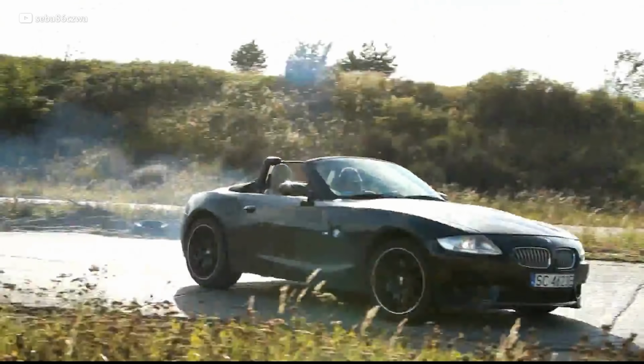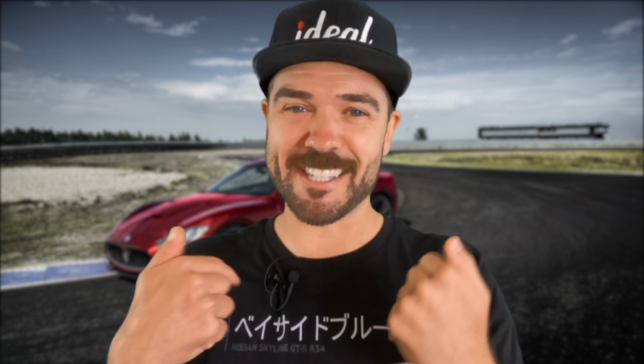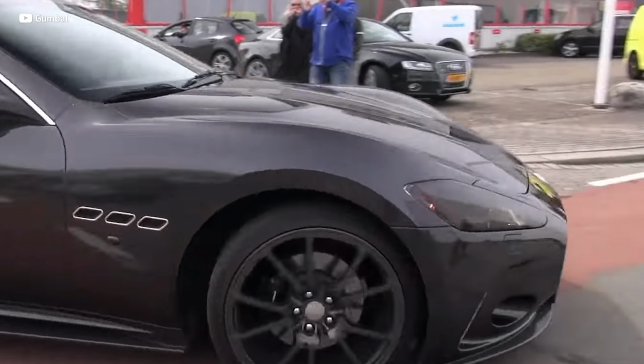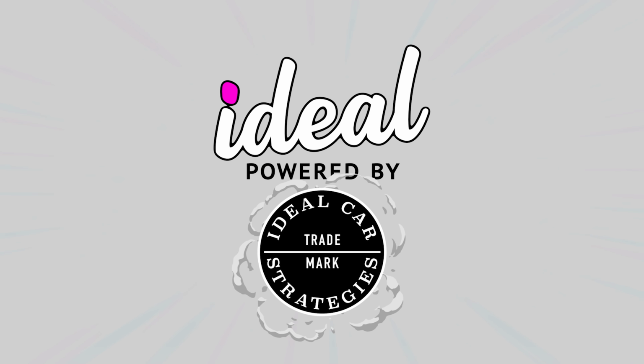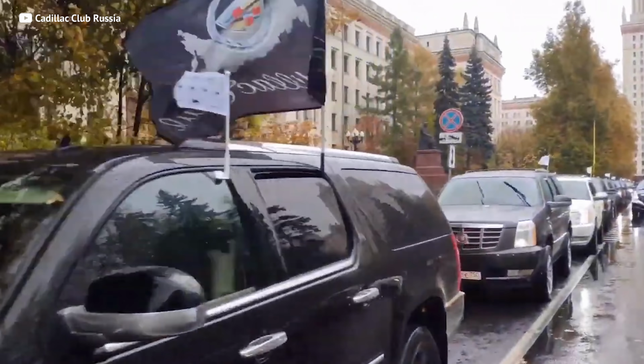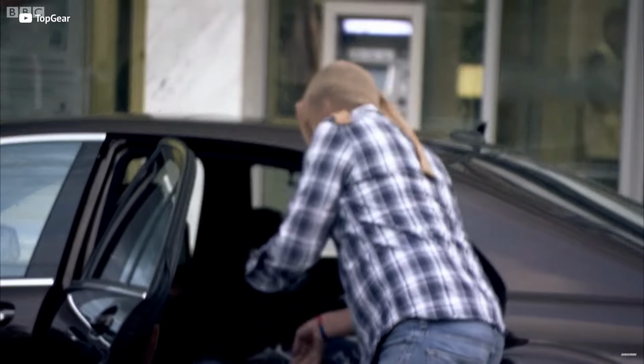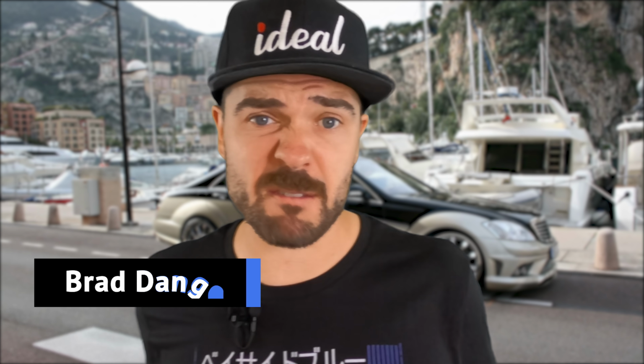Anyways, let's dive into this list of cars that are players in the streets, and they'll help you get in between the sheets. Are you feeling lucky? Because I am. Let's go. Whether you're showing off in the school parking lot or rolling up to the club, these cars will help you stand out. Make people think that you're a CEO and not a student with lint and maybe $2 in your